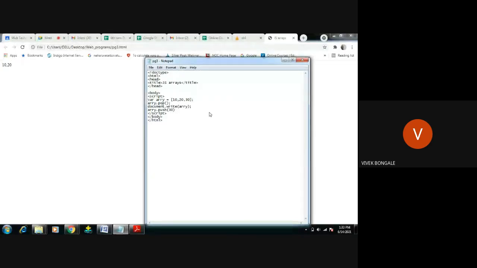Then copy this same statement, Control C, here Control V. Instead of 30, we'll use 40. Save.